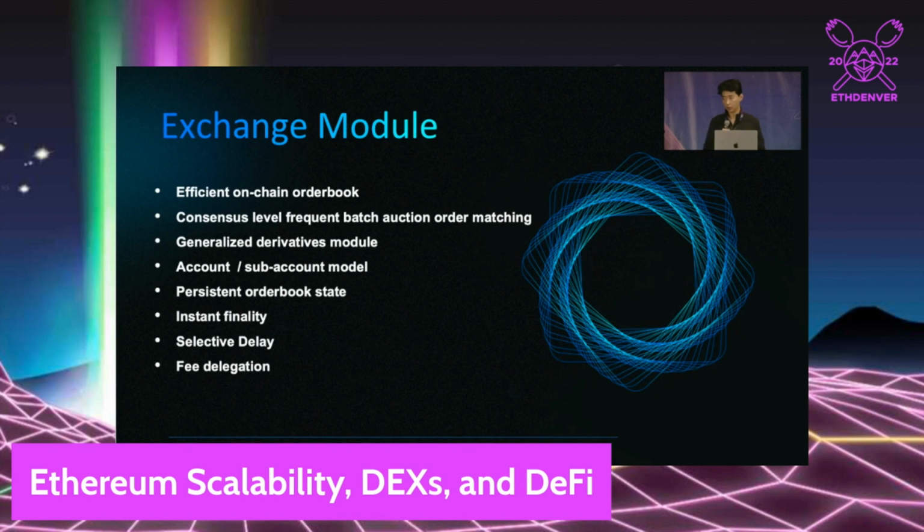One of the most key modules within Injective is the exchange module. It's a very efficient, chain-level, on-chain order book. It has consensus-level frequent batch auction order matching that's designed around the constraints and features of the blockchain itself. Because during the gossiping process, the transaction ordering is completely unknown, or probabilistic in nature. So it creates an entire race of MEV and other types of extractable value and non-determinism.